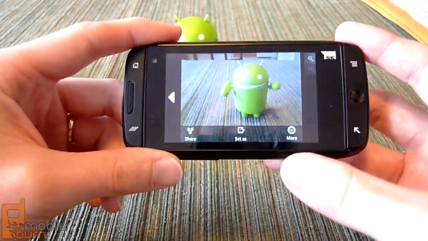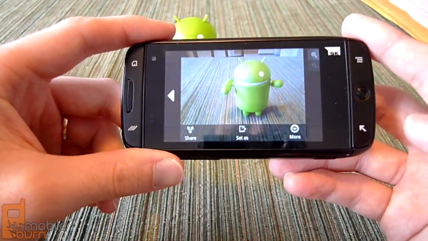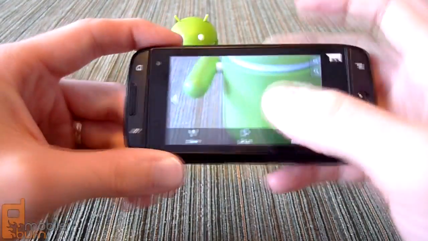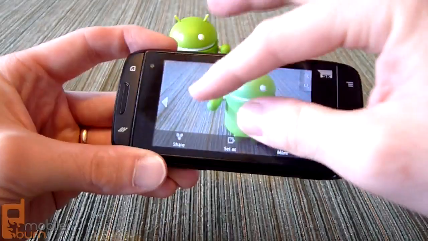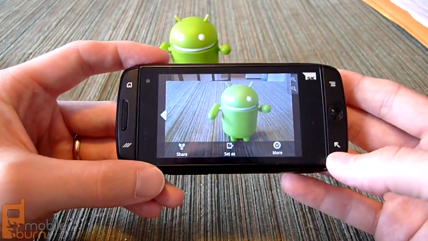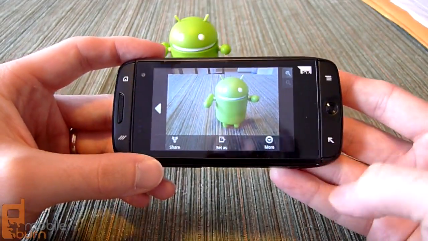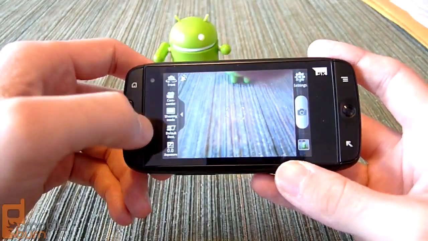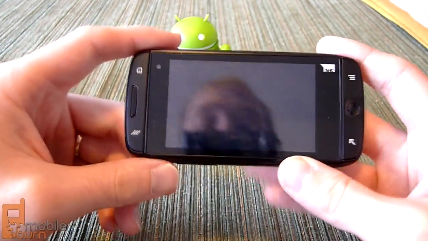Of course, you got your standard Android options to share them or set as a contact and stuff like that. Once the picture's taken, you do have the ability to zoom in. You can pinch to zoom in and out nice and easily. Standard Android operations there. Back here, now if you go recording video,